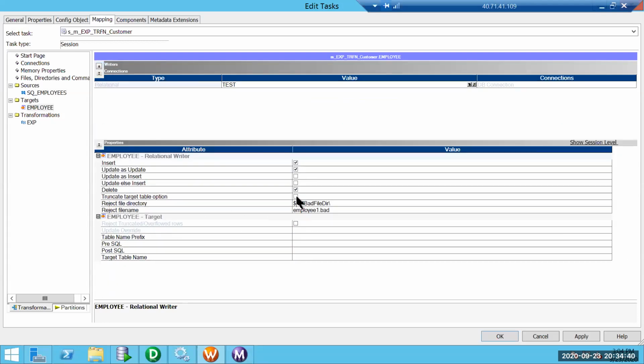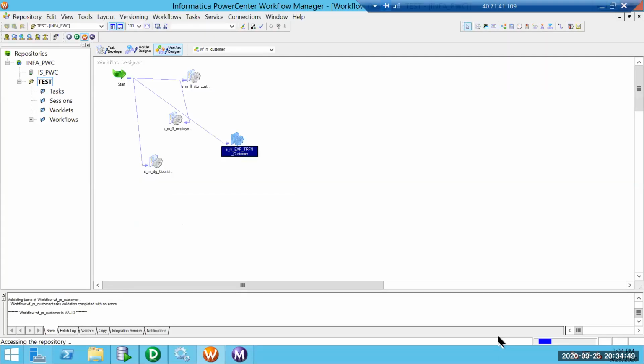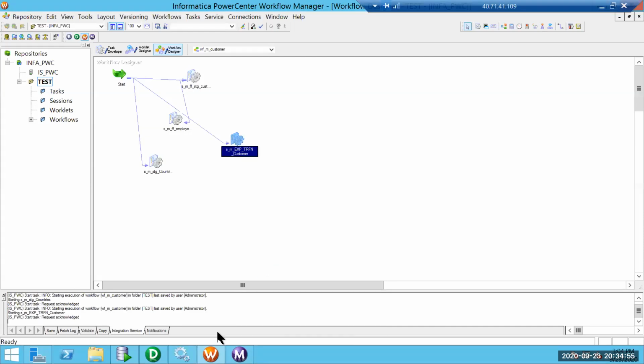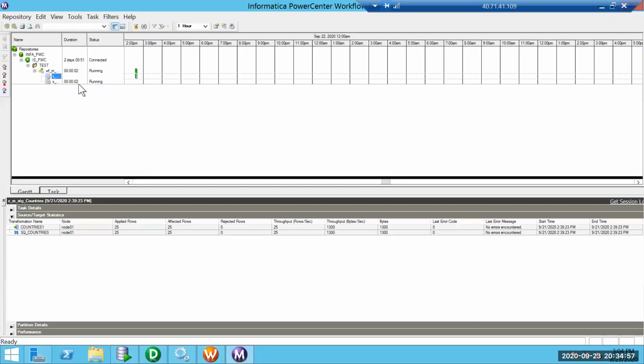If we are populating the data as a full load every time, we can use the option truncate target table. What this will do is every time we run the session, it deletes the data completely, as in it truncates the table and then freshly populates the data.